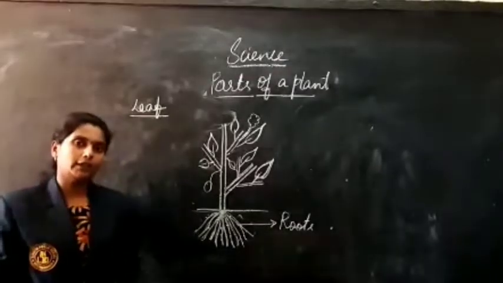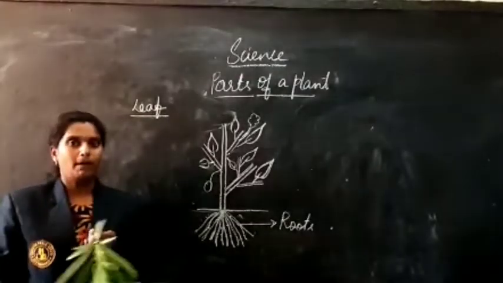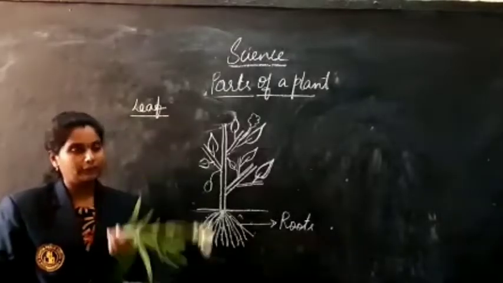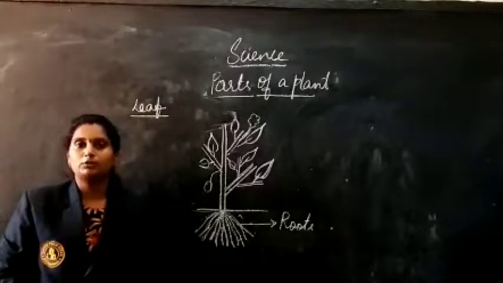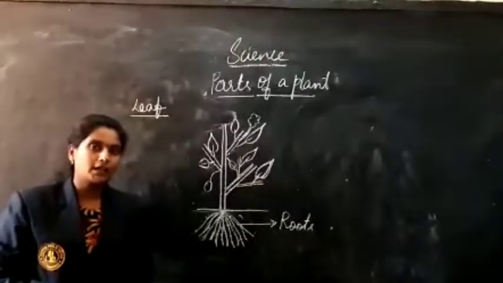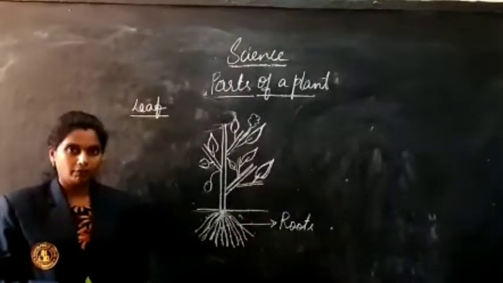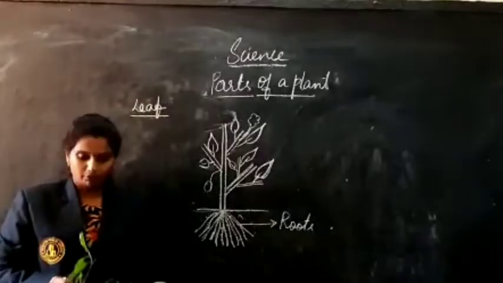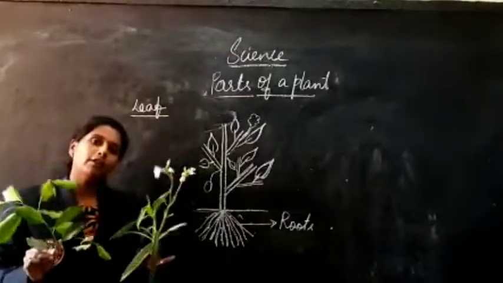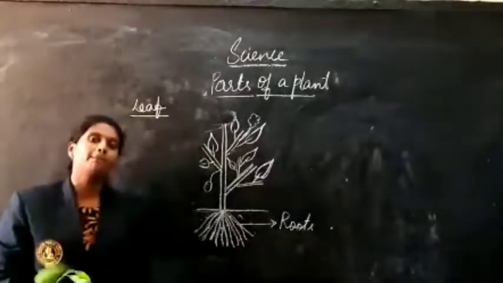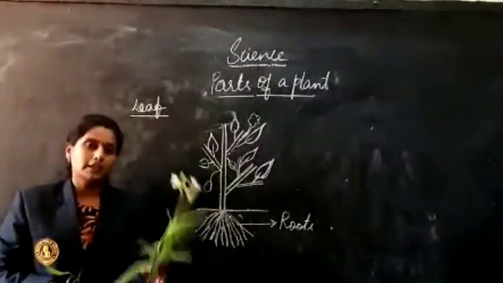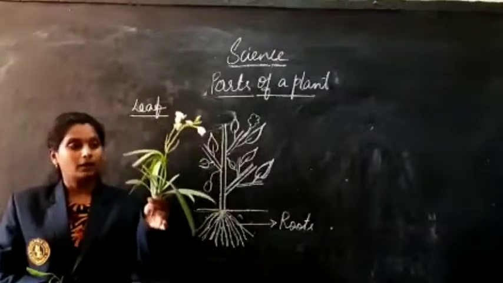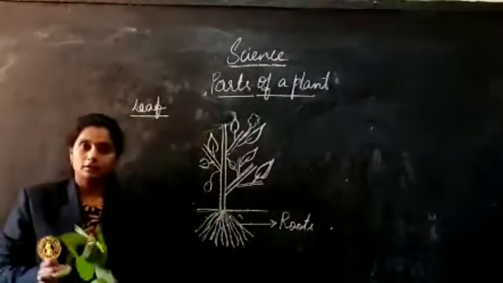For example, if you take a human being, like my features are different. You have a nose, eyes, ears. I too have eyes, ears, nose, everything. But my features are different and your features are different. By looking, we will look different. In the same way, even though plants also have the same parts, their shapes will be different, either in their stem, in their leaves, or in their roots.